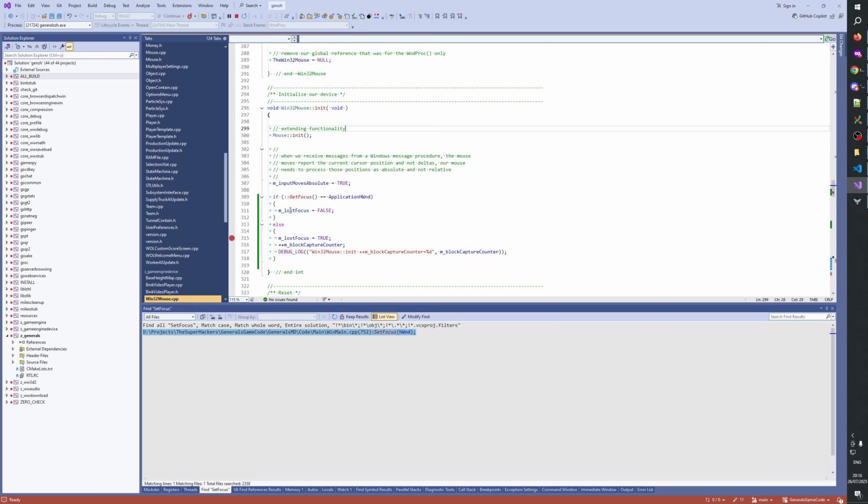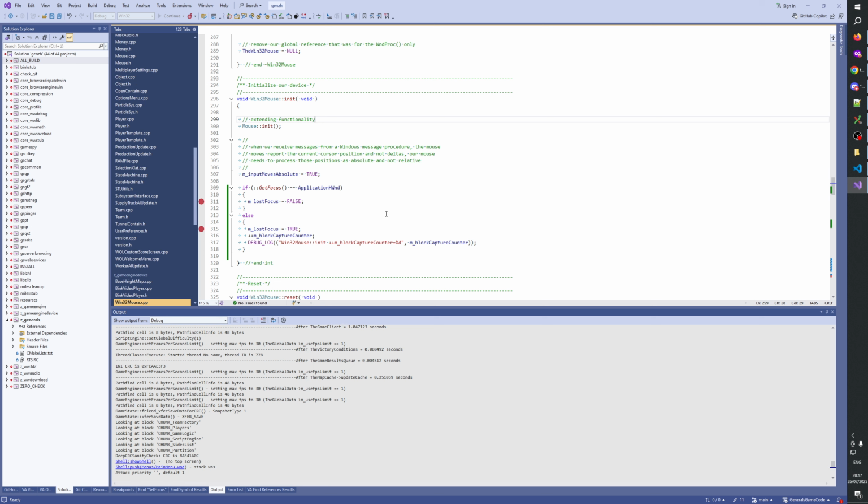We're not hitting that. So it claims we somehow have focus, but it's not true. The focus is clearly here on this app and not in the game. How is this possible? Why did this not hit? Get focus. So it must mean that this has hit.